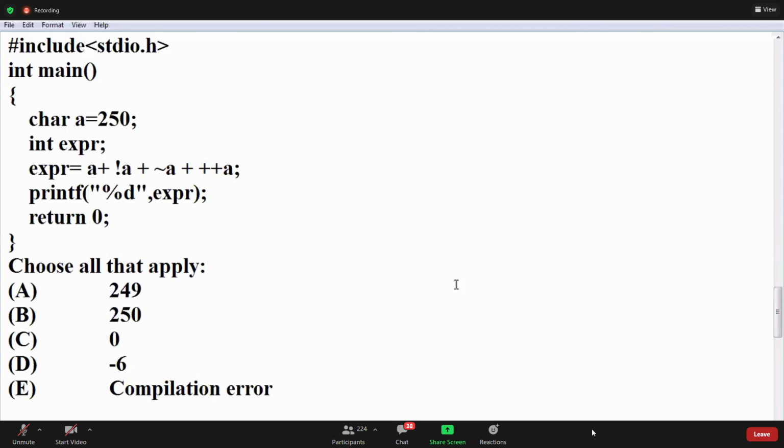Tell me the answer for this question, guys. Write the question and tell me the output.